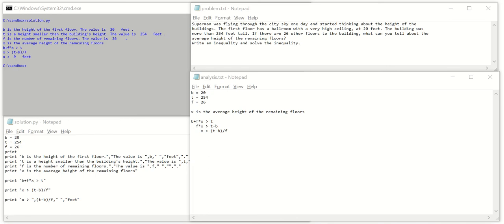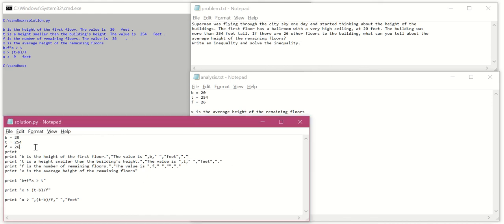Today we will continue coding in Python the solution to our inequality problem by adding a couple of lines to read the text of the problem here in the file problem.txt and printing it on the console. There is just one line that we have to code to read the file, and I will type it right